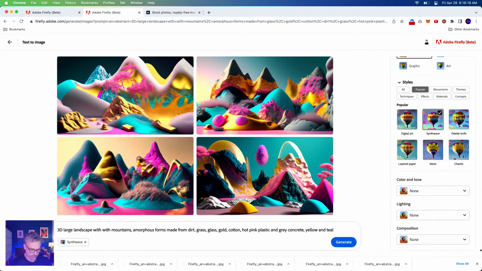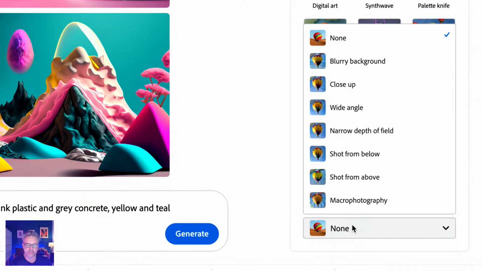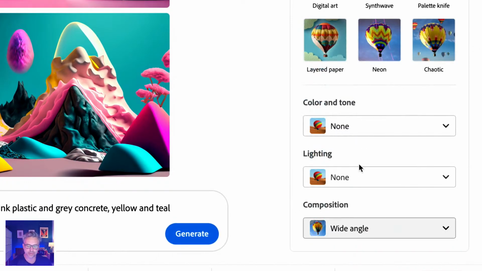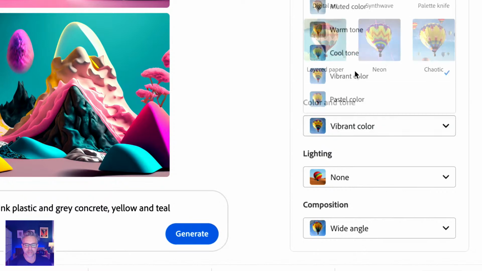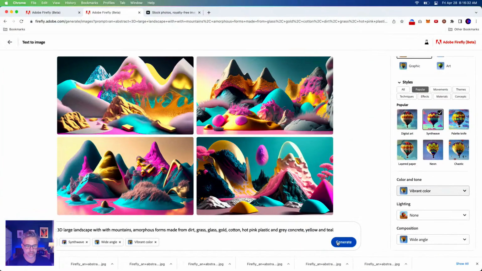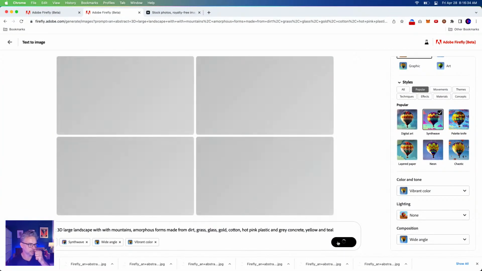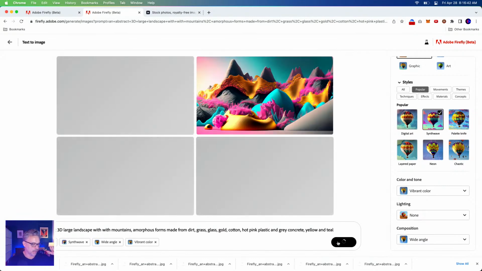And we're just gonna play with this a little bit more. Composition, we want a wide angle. I honestly think the lighting looks pretty good, but let's make sure it's vibrant and generate. I would like to make this like a triptych. So I'm getting more and more ambitious right now. But basically doing a